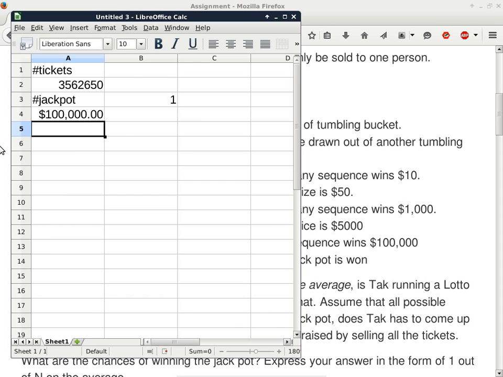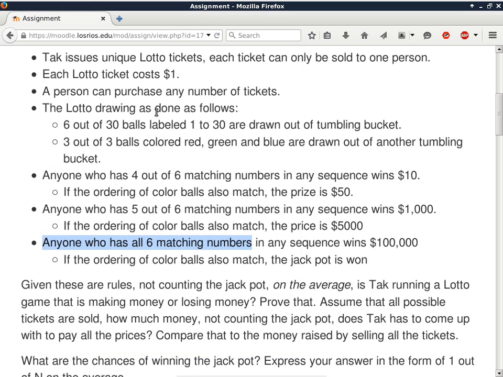So going back to the spreadsheet, the number of $100,000 awards, I'm going to put a pound sign here, pound, is going to be 5. Is that okay? All right, so now we move on to the more tricky ones.